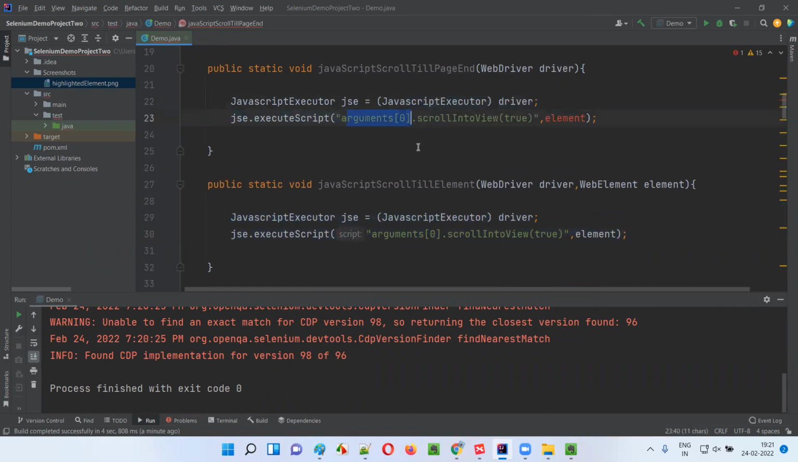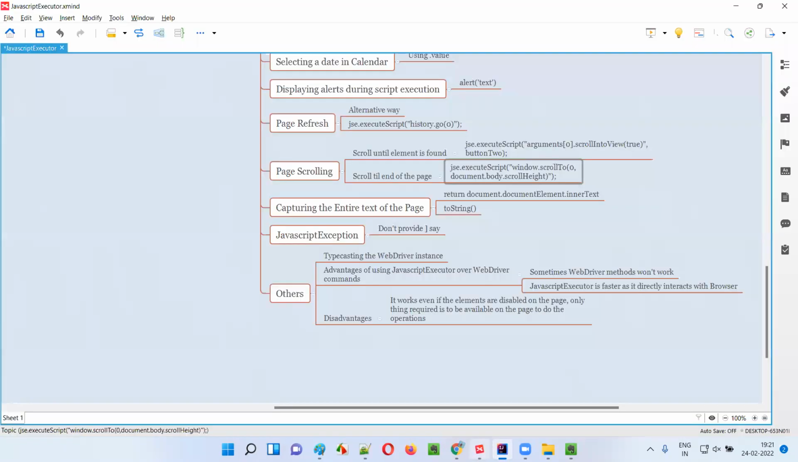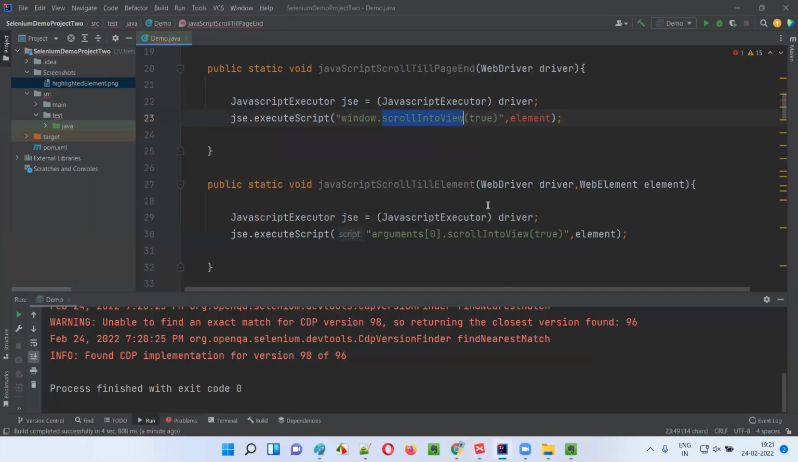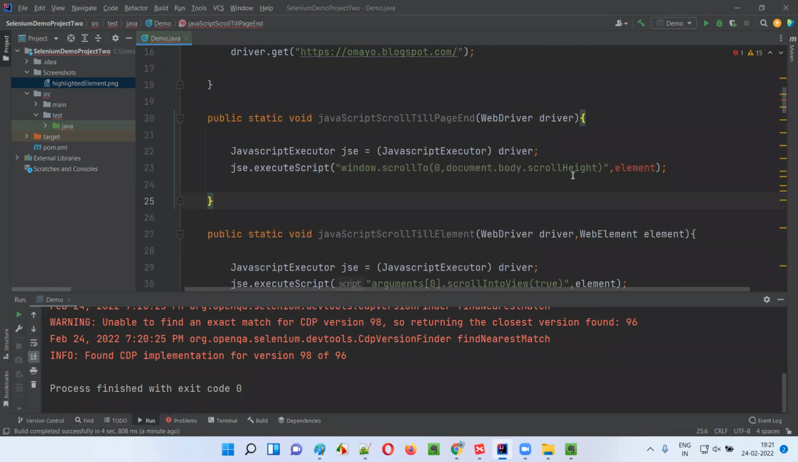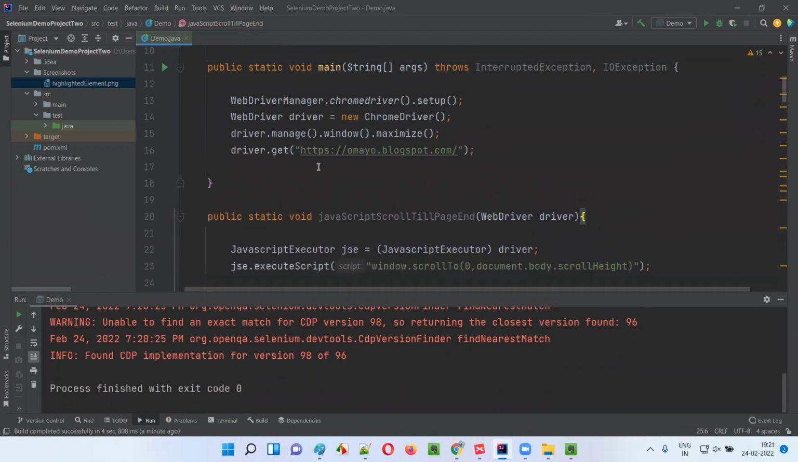Instead of writing like this, you have to say window dot scroll to. In that I have to give first argument as horizontal scrolling 0, and second argument as document dot body dot scroll height. It will take the complete scroll height. Here element I should not pass. This much is enough. And if I call this method,